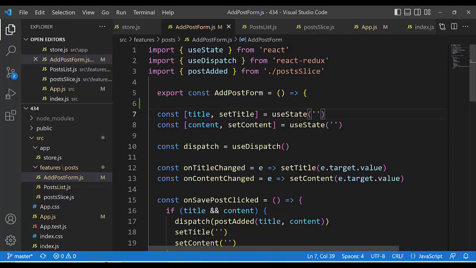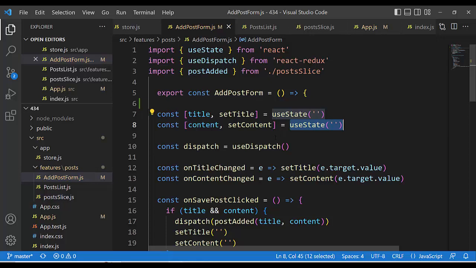And also for content we declare two variables, content and setContent, equal to useState. Again,